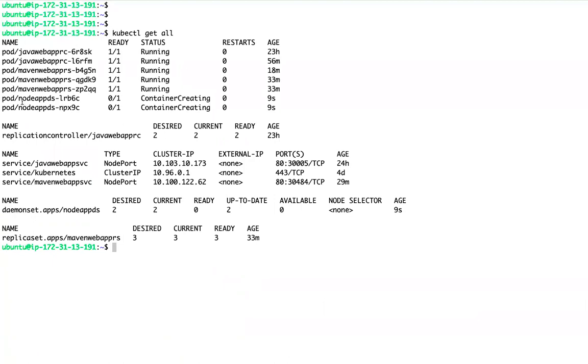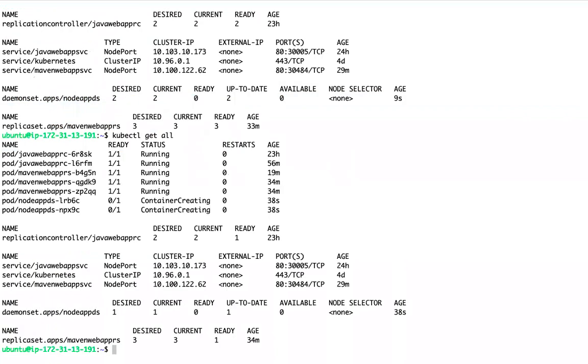Now if you see, why is it creating two pods? Because I have two nodes. I have a master node also, but why is it not considering that master node? That we will discuss in the advanced classes. Because the master node has some taints, and our pod is not tolerating the taint. So that's why the pods are not getting scheduled in the master.